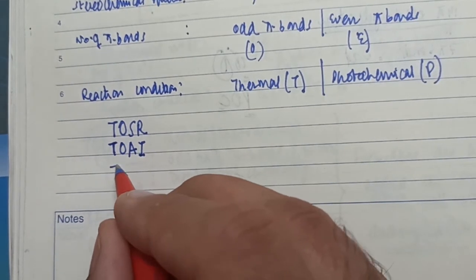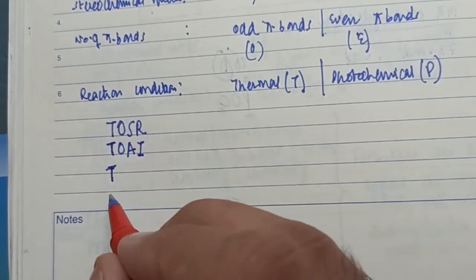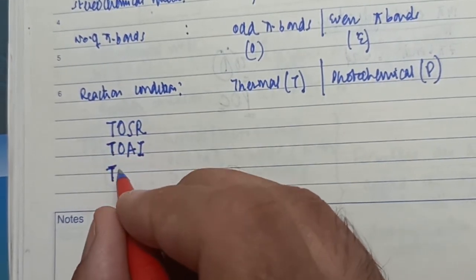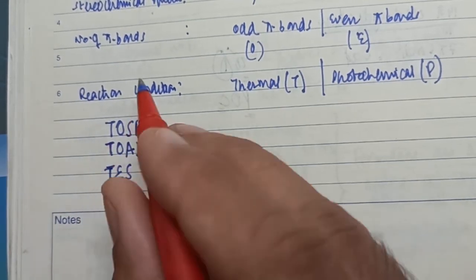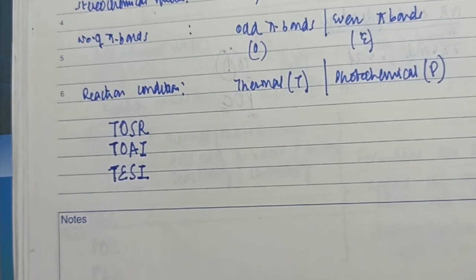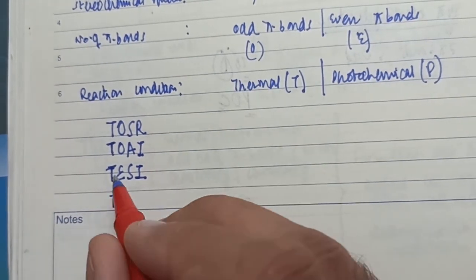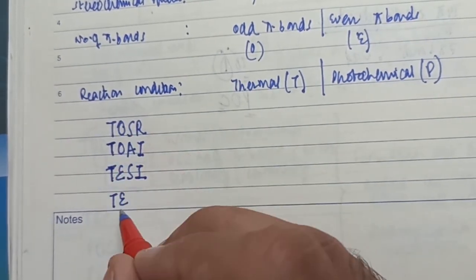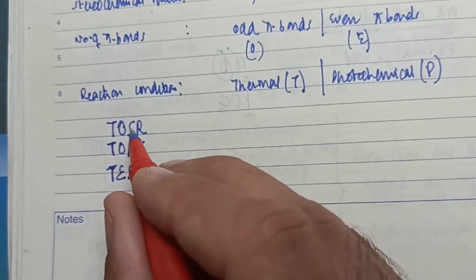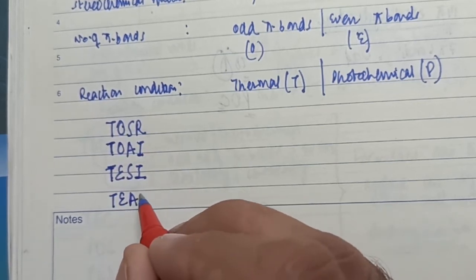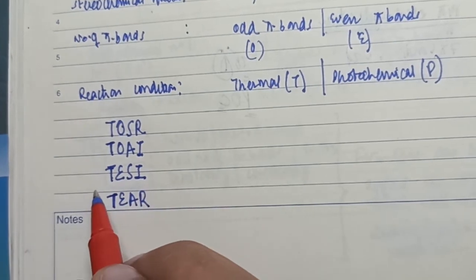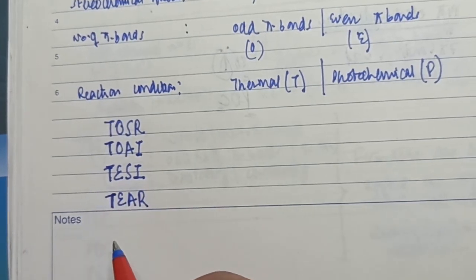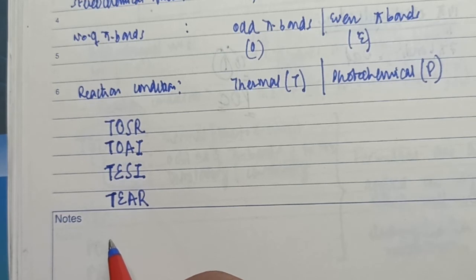Let's say keep T only. Thermal odd will become now even. Let's change one thing. We have changed one. Let's keep supra same. Retention would become inversion. Or thermal, let's change odd to even. Change one thing. Let's change supra to Antara. So we have changed 2 things. The 4th formula remains same. So this formula, as you can see, TEAR is the easiest to remember. So you can remember the TEAR, use one formula and create a number of formulas from this one.